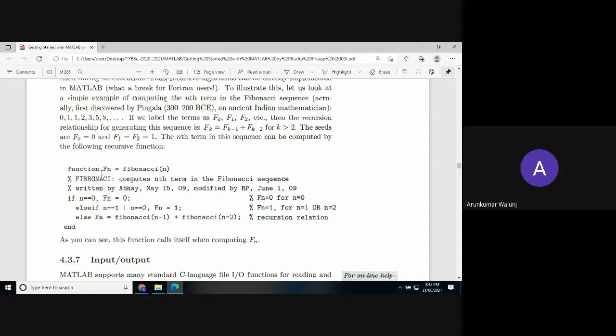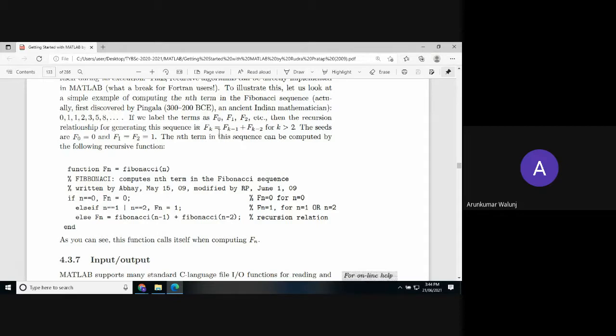Using recursion, we are going to call a function, and the function calling itself is the desired recursion relationship for generating this sequence. My calculation could be f of k, the third term, equal to the first term plus the second term. If I put k equal to 3 here, f3 is going to be f of 3 minus 1, which is 2, plus f of 3 minus 2, which is 1. So f2 plus f1, for k greater than 2; the succeeding terms are going to be based on f0 and f1.